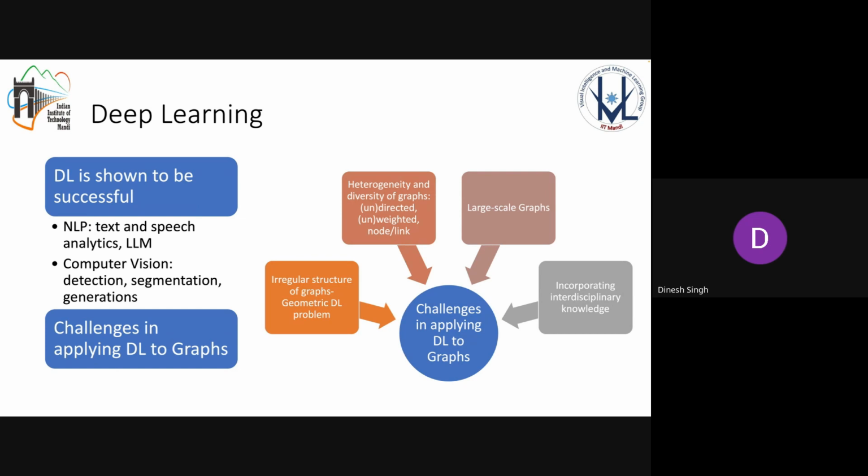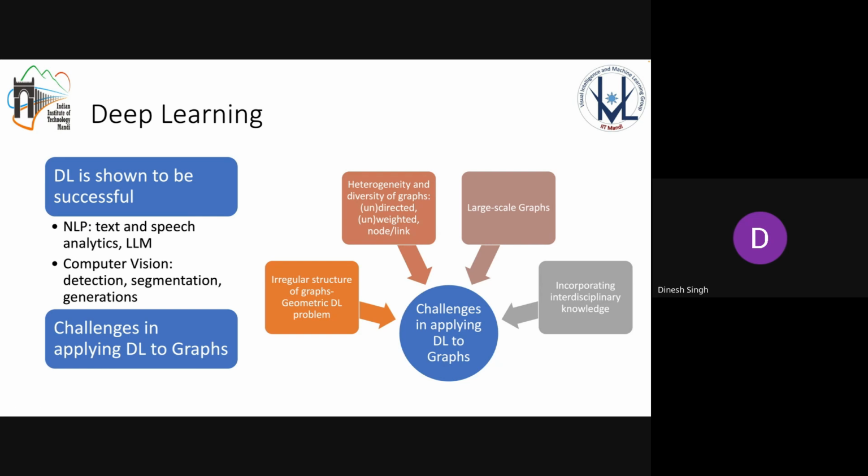But when we are applying graph neural networks, or deep learning methods, to graphs, we face certain issues. First one, the irregular structures of the graphs, or the geometric deep learning problems. It's not as simple as tabular data. We have nodes, and some have many edges or many neighbors, while a few have very limited or just one, not that well connected. So this is completely irregular. And even